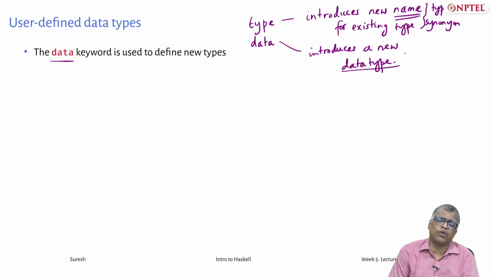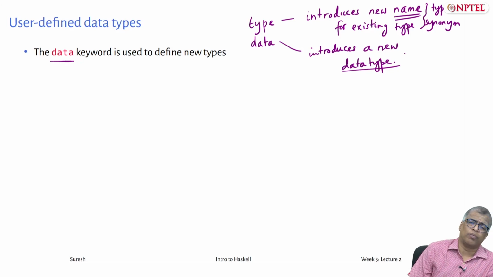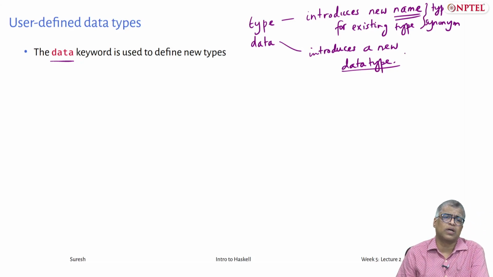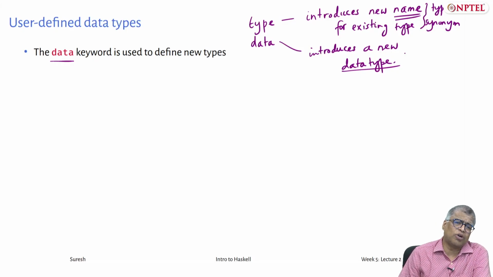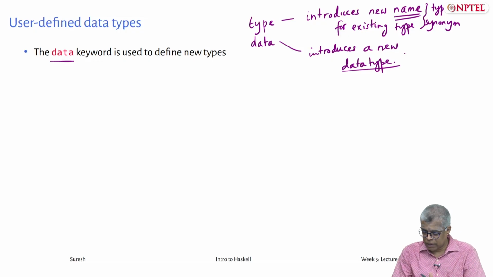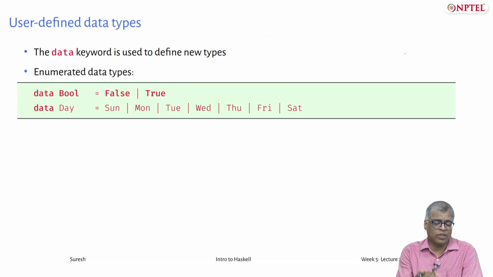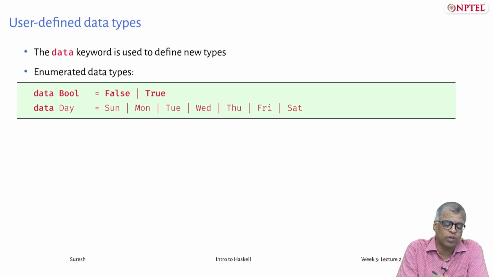We'll see that many of the built-in Haskell data types themselves are built using the data keyword. If you go to the Haskell page and try to see the Haskell standard libraries, you will see the code itself provided to you, and you will see that even very basic data types have all been defined using the data keyword. For instance, Bool is defined using the data keyword, and it says data Bool = False | True.